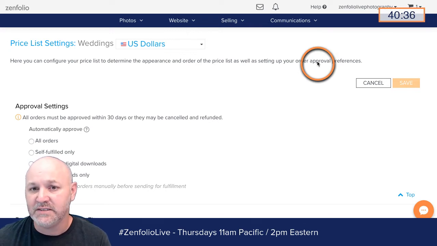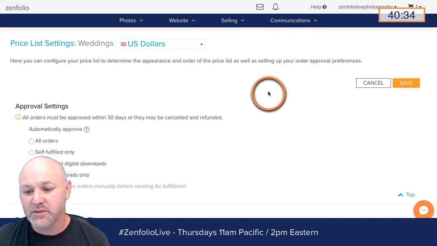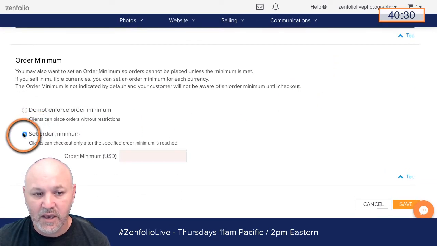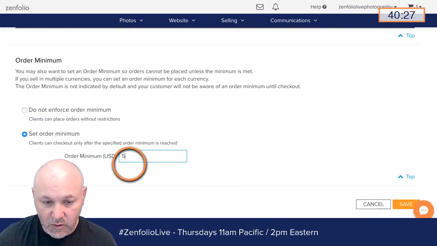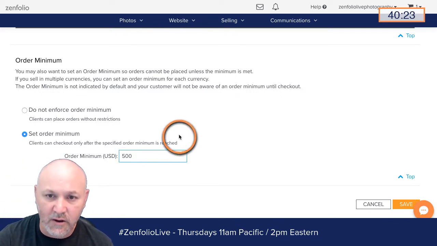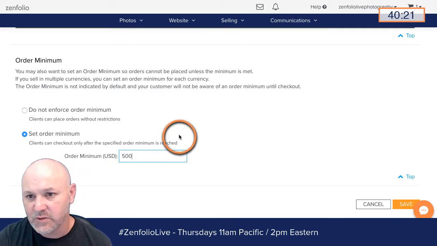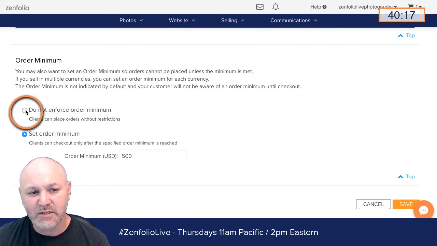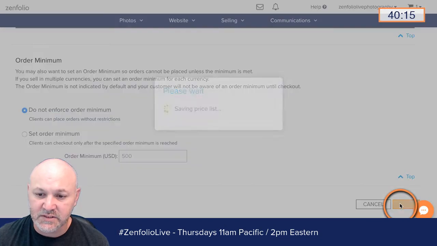If you don't have an advanced account, you will need to upgrade. Scroll all the way down to the bottom, and you can set an order minimum. And so you can tell your client, hey, if you want to get that a la carte album, you have to buy that package first. So that's an option that you have as well. I'm going to turn that off, but I wanted to show you guys that was there.